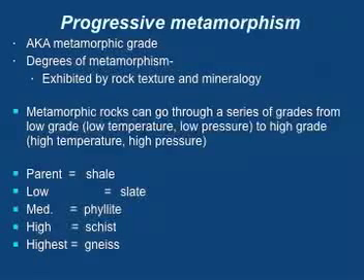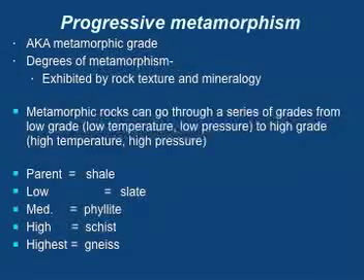Now let's say that slate got put under more temperature and pressure. It would change over to a metamorphic rock called phyllite. The texture will change on this. It won't be beautiful and flat anymore like slate is. It gets kind of wavy, and it also starts to get a little shimmery and silvery. If I take the phyllite and subject it to more heat and pressure, I make a very cool rock called schist. Yes, it's a German word. And some schist, my favorite schist, looks like silver and black sequins glued together. It's really shiny. It's got this property called schistosity, which makes it really like winking at you,